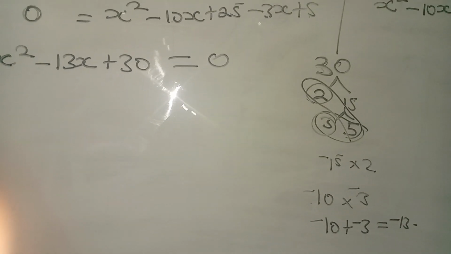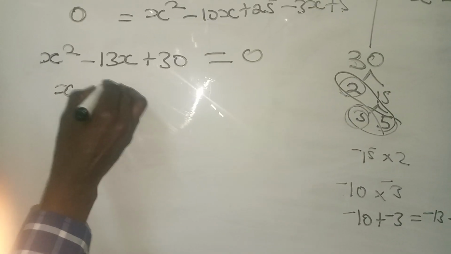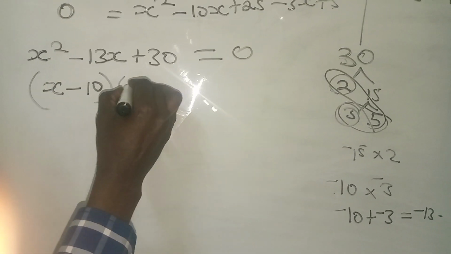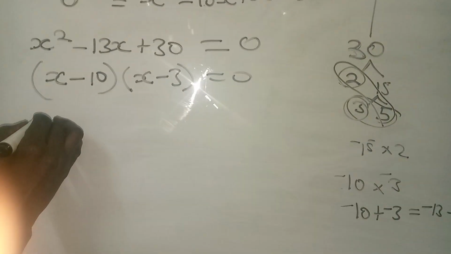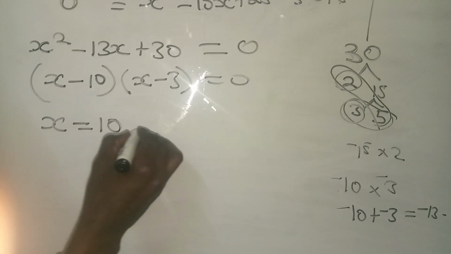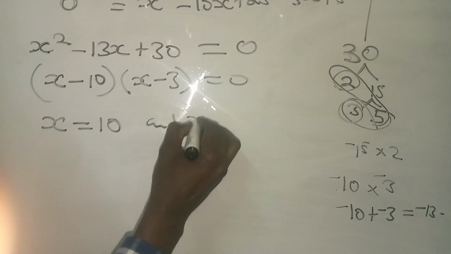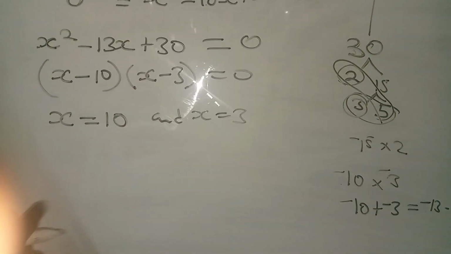So those are the two numbers, and therefore we say x minus 10 into x minus 3 is equal to 0. So our values of x are: the first is x equal to 10, and x equal to 3. Since you have a root within the expression,